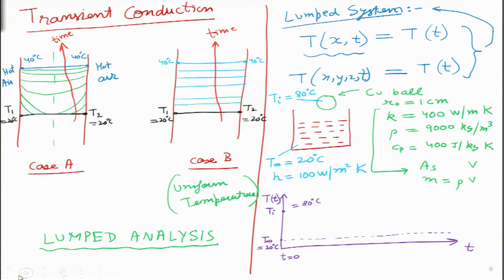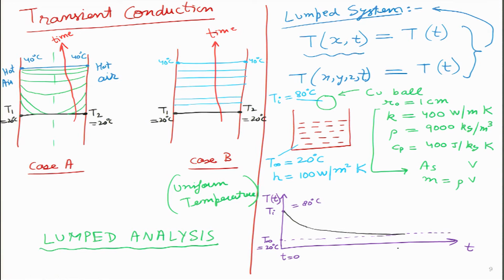So, what we will figure out very soon when we are doing the calculation for this particular chapter is that if we do the analysis, we will figure out that there is some sort of an exponential decay function which takes place over here, and the temperature of the ball drops very rapidly initially, and then the slope becomes more and more gradual, something like this. And after a very long amount of time, its temperature will reach that of the oil.